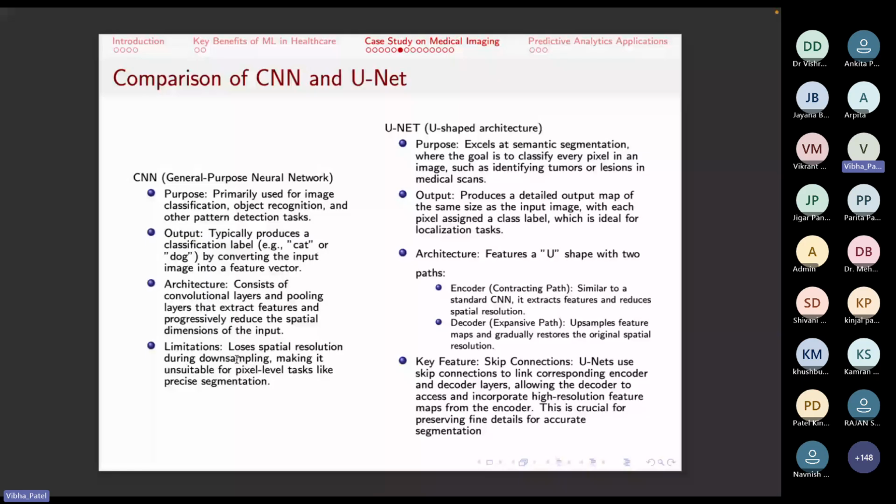Contracting path means you reduce the features. But while proceeding towards reducing the features, in order to retain them, we pass on the information about those features at every level to the decoder, so that when you are reconstructing the whole image, all the feature maps generated on the path towards contracting the image are retained and can be used for reconstruction of the output map